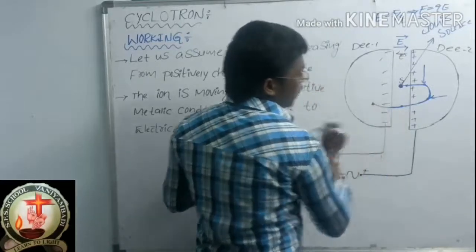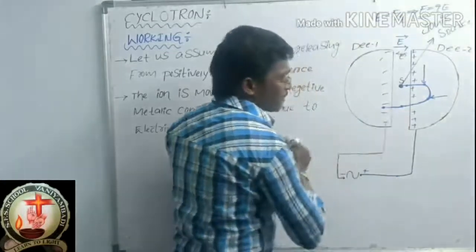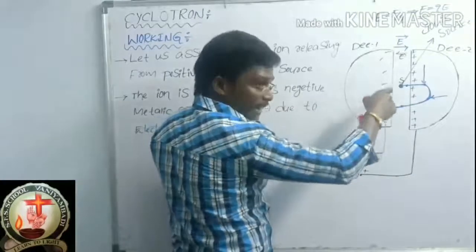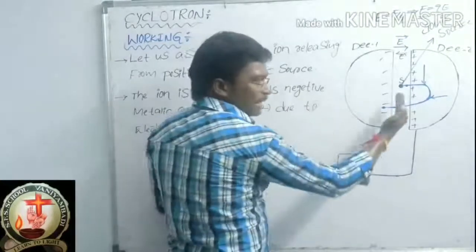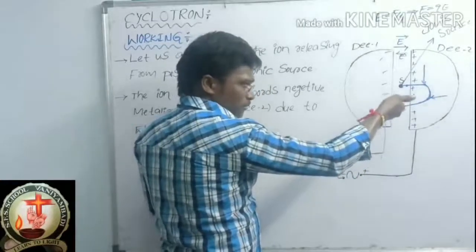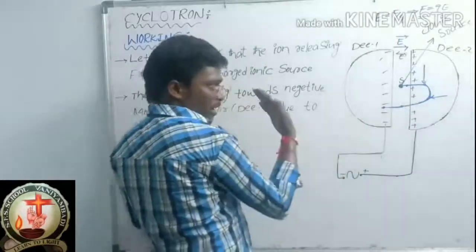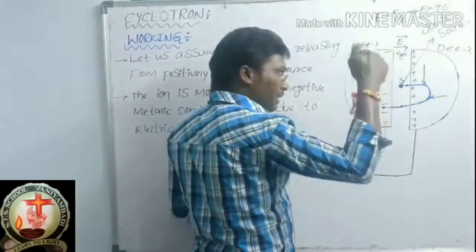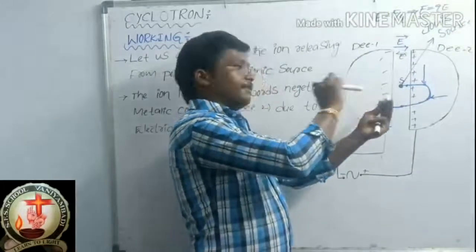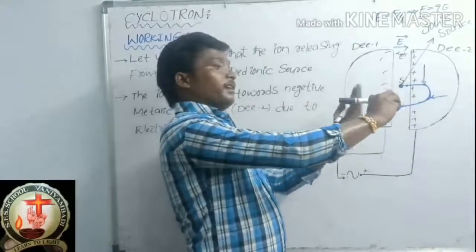Now this is the charged particle. What is the direction of the charged particle? When this charged particle entered the D1 region, the charged particle is moving in this direction, right? The electric field is in this direction, so this charged particle will be moving in this direction, on this side. And the magnetic field, I already told you, is directed inside. What is the velocity of the charged particle, in what direction is the charge moving? This direction, correct?